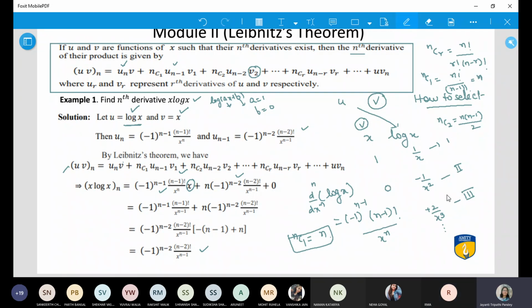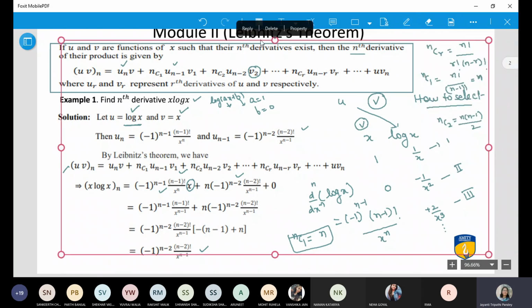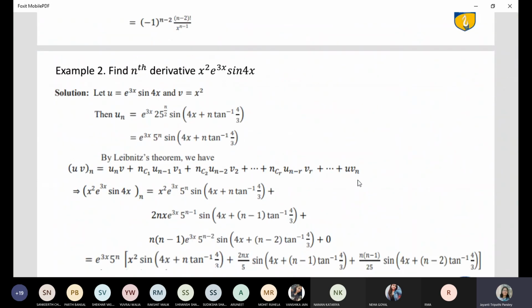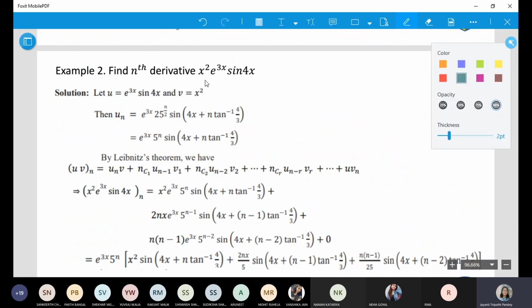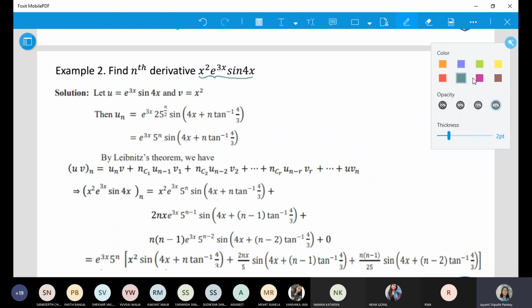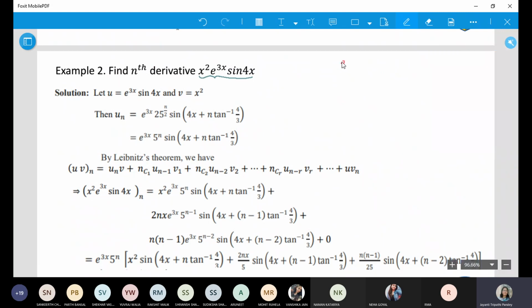Let's take one more question from the PPT that we have, and then I'll take some more questions from the exercise. Now see this question. Again the same thing, you have to focus on it. This question has two parts. You know the formula of e to the power ax sine bx plus c. You know what is the nth derivative of this. We have discussed this. Yes or no? Yes, ma'am.